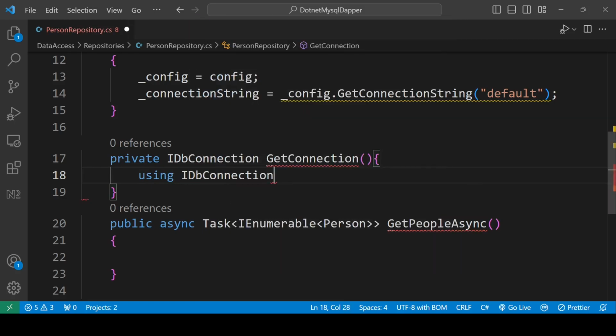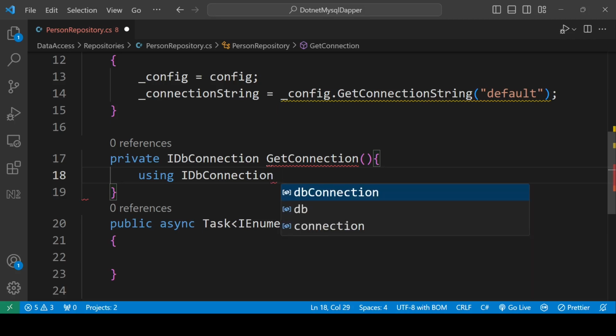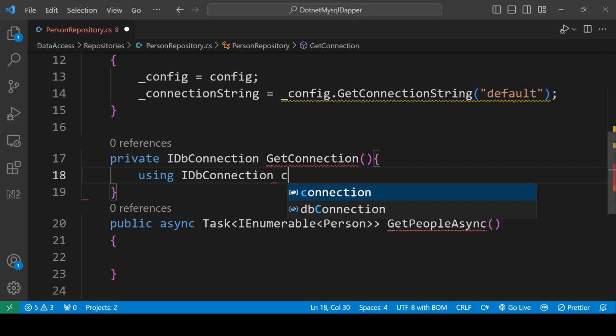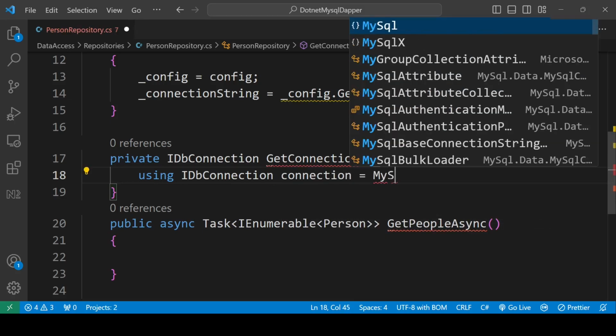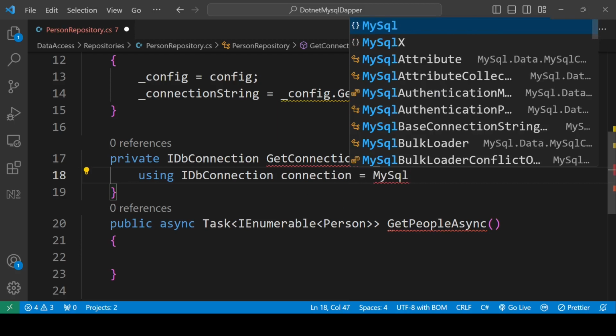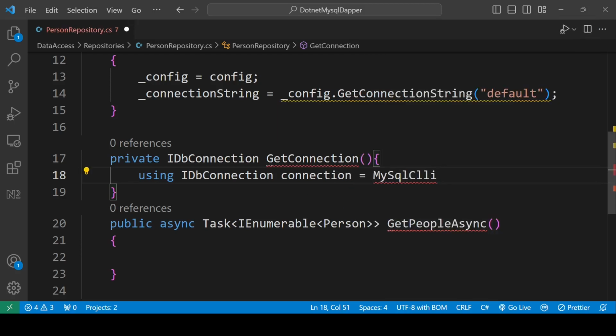We are using this keyword using because it will automatically open the connection, and it will automatically dispose the connection, so we do not need to worry about disposing the connection. Using IDbConnection connection equals to